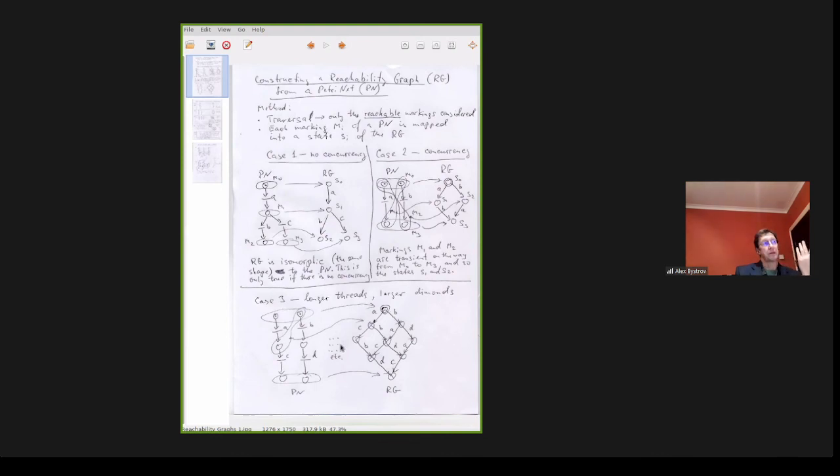Why are there such diamond shapes? Because by firing A, for example, you are not affecting B, because this part of the graph is completely different from this one. So after firing A, you are under no obligation to do something with B. B could be fired here, therefore it can be fired there.